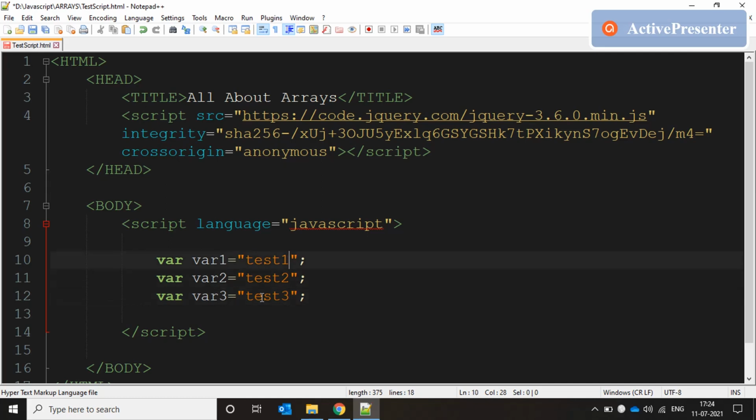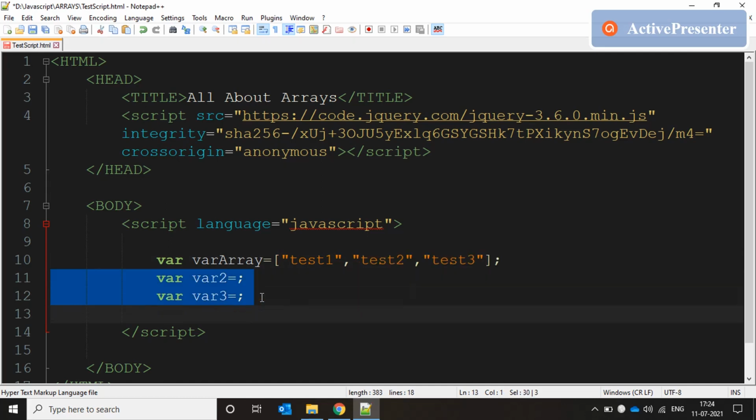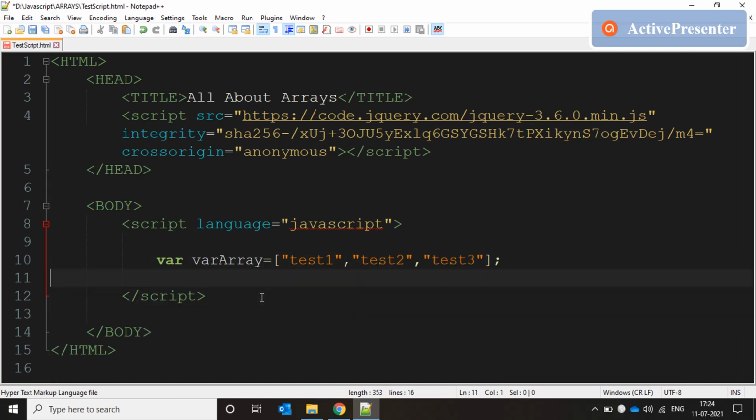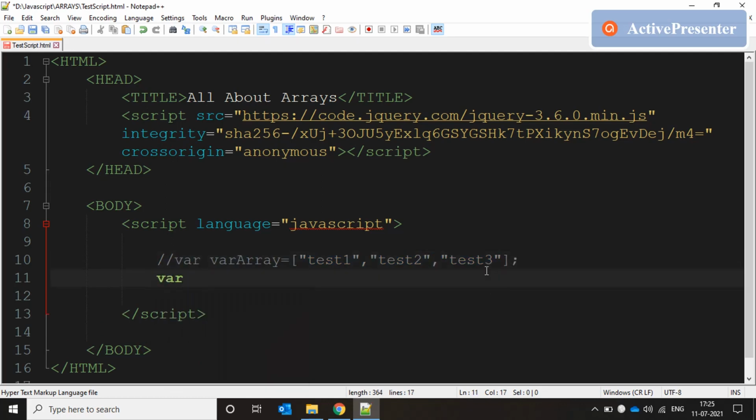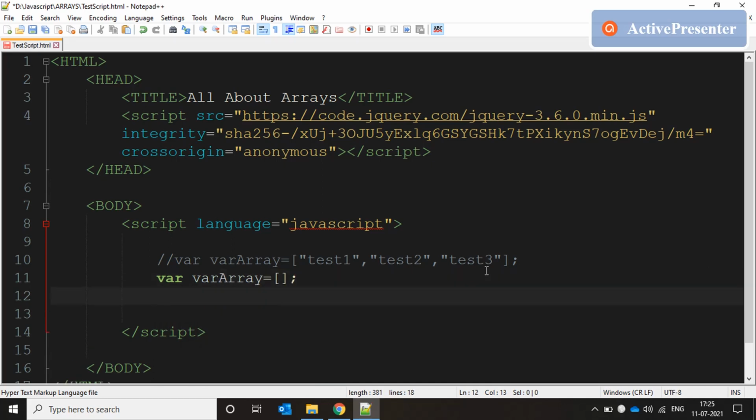So how do we define arrays? Instead of writing like this, we say var array equal to square brackets test1, test2, test3. So we no longer need multiple variables in order to store these three values. The three values are now part of a single variable, which is our array variable. Now, how do you initialize arrays with values? If we know the values beforehand, we can define an array just like this. But let's say we don't know the values. We can simply define an array by saying var array equal to square brackets,